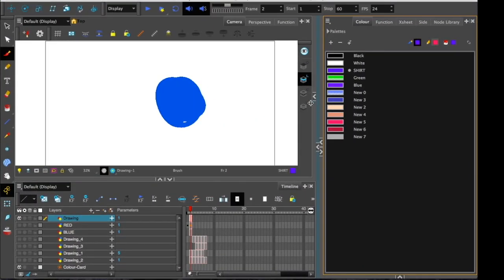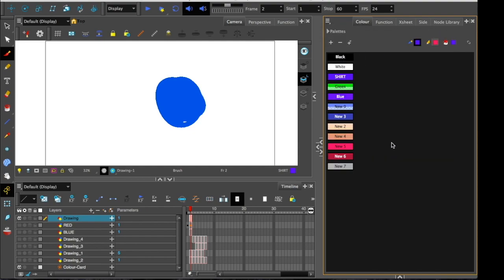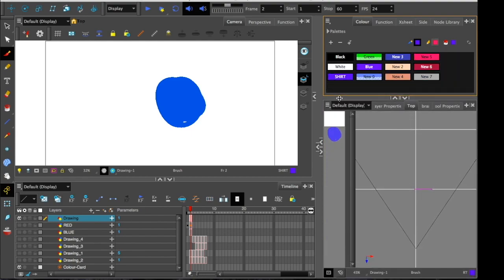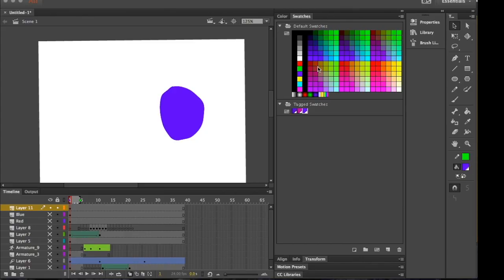The Harmony version appears in a list, but there's also an option down here that allows you to view as a swatch mode. So you can see now the names are inside the swatch itself. And as I pack this up, it goes grid-like. So the fact that Animate has the classical swatch panel and that Harmony doesn't, I'm completely undecided as to which